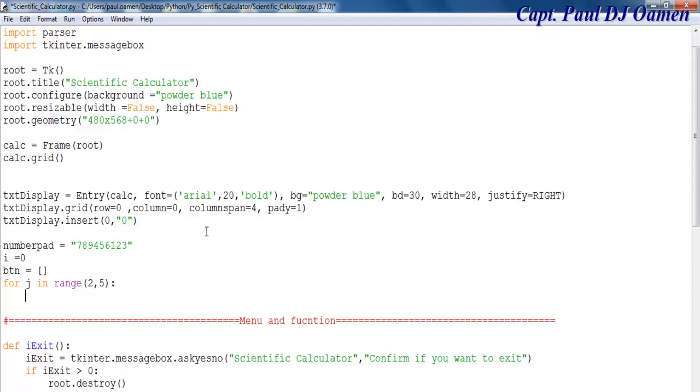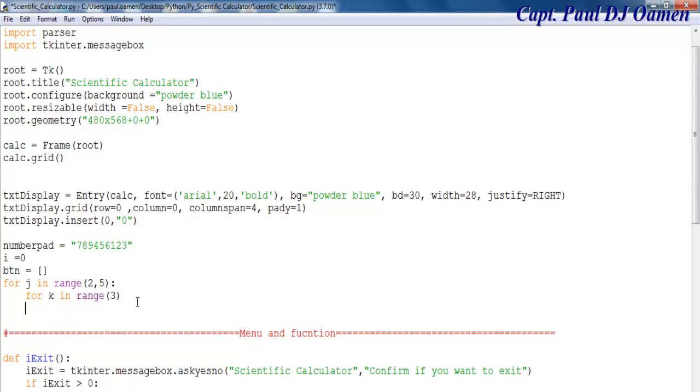Okay, that's my range, and let's say for k in range 3, so that will be 3 by 3. So this is 3, 4, 5 and this is 1, 2, 3. Right, then the next one is going to be btn